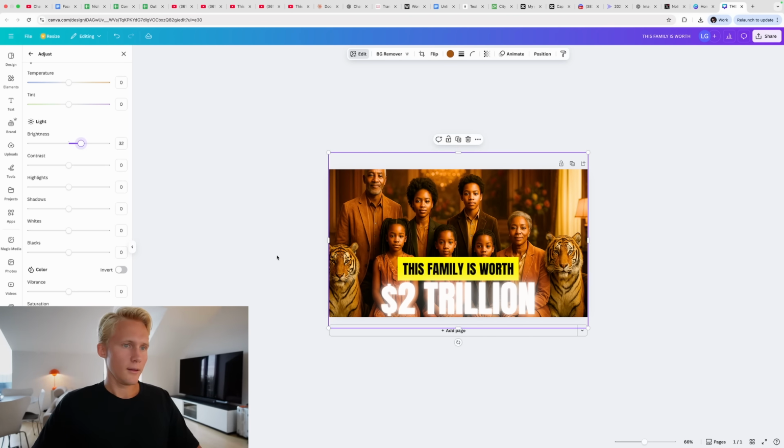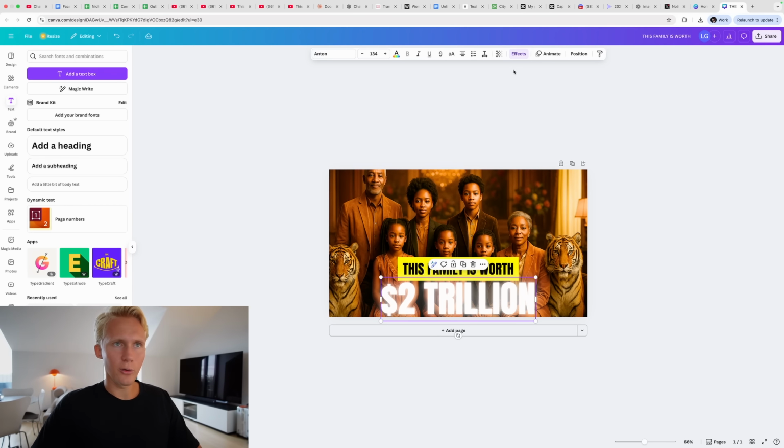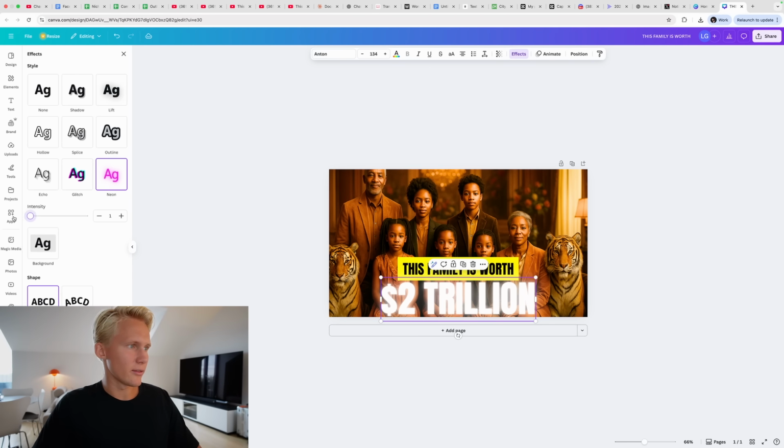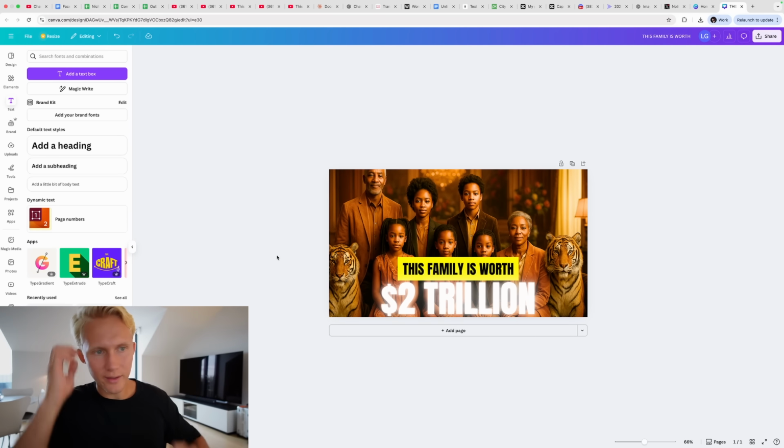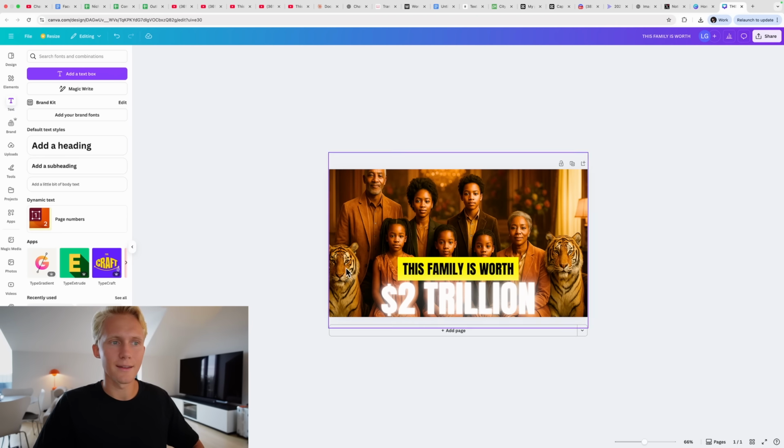You can see it looks even more like the reference image if we add the brightness to it, like this. The glow here is not the best, it's a bit too intense. Can we make this less, you think? See? Nope, we can't. It's a bit too intense. This would be something that you need Photoshop for to make it less strong. It's going to be good for now.